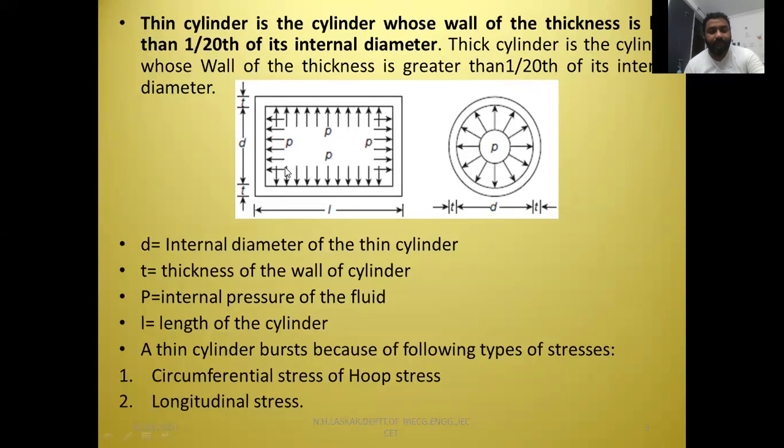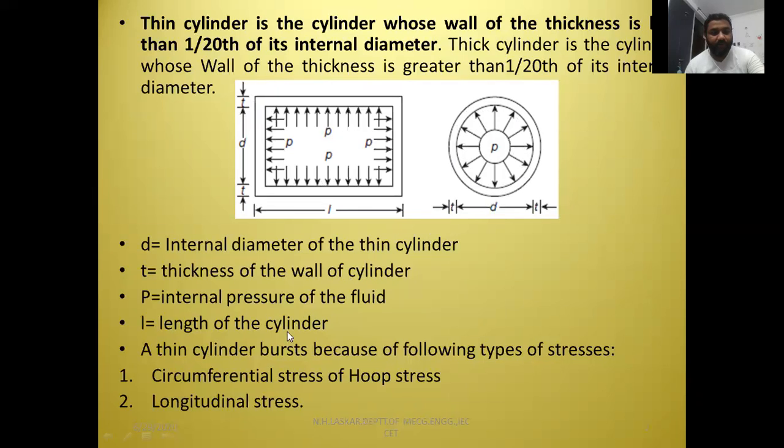Now look at this figure. This is the thin cylinder, and inside the cylinder the fluid or liquid is there, and P is the internal pressure of the fluid that is acting on all the surfaces of the cylinder. D is the internal diameter and T is the thickness, so the external diameter will be D plus 2T, and small l is the length of the cylinder. Now if you take the cross section, a circular section is there. The pressure of the fluid is acting on the circumference of the